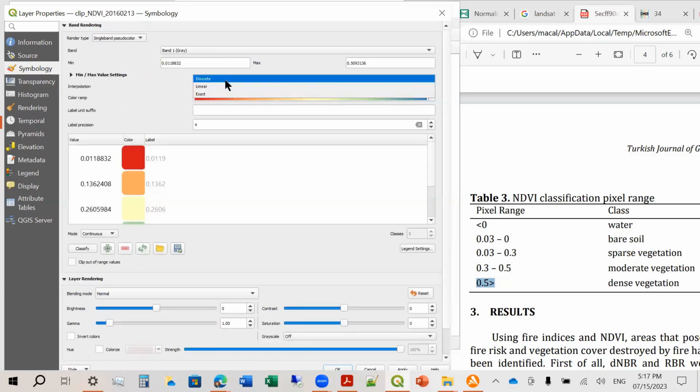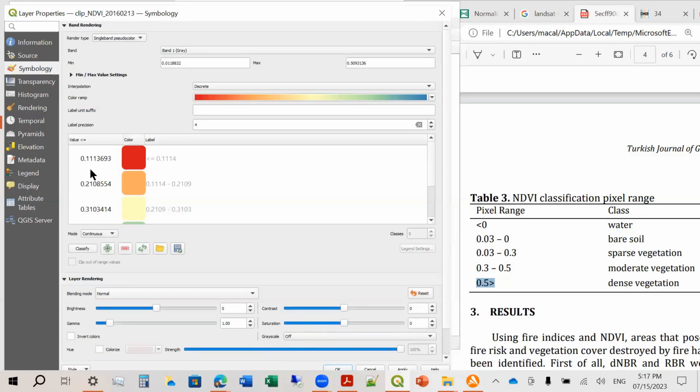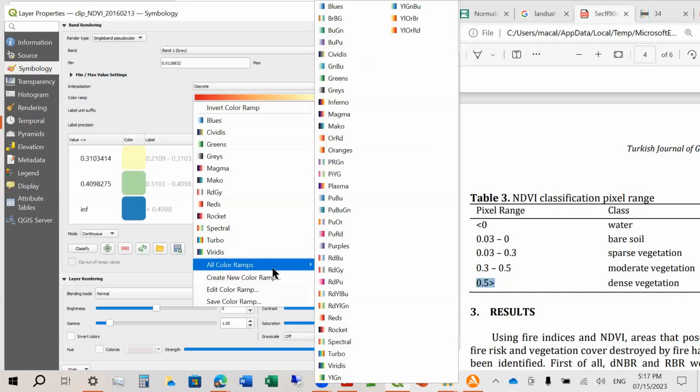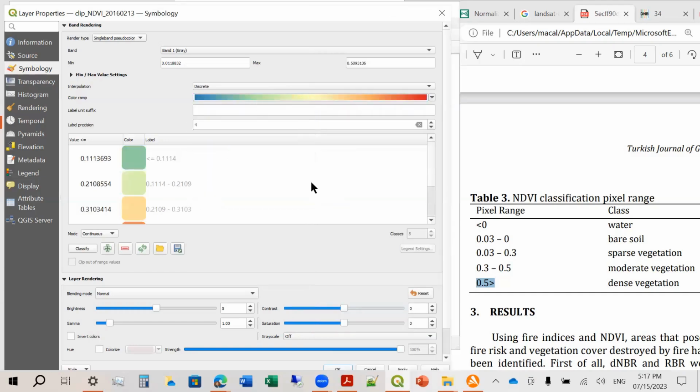So let's start with interpolation. Let's use discrete. So you notice here, you can set everything. Okay. So let's say we start with, we reverse. How to reverse? Ito, invert color ramp. Okay, here. So this is invert color ramp.